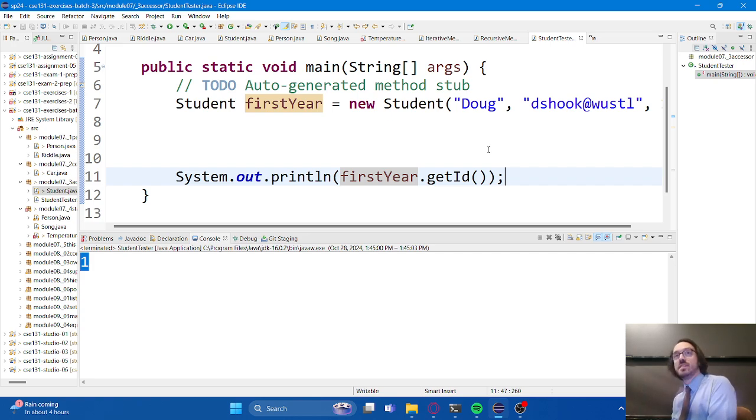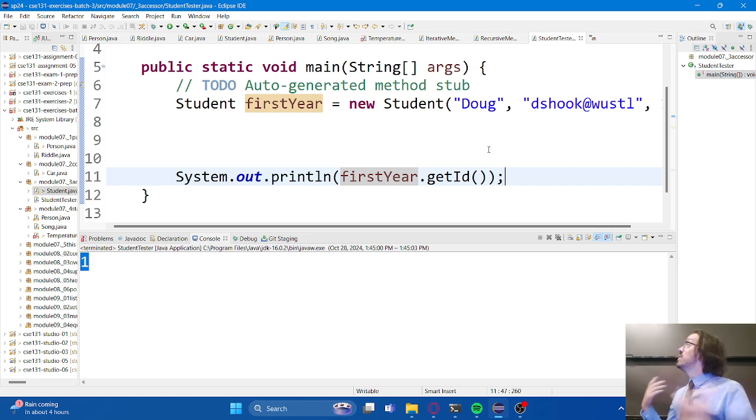Every instance variable is marked private. The way that I typically do this is I don't write any getters and setters at first. I add them when I've determined that I need them. So if I'm working on a program, I have a student object, and I really wish I could print out the student's email address right here, but I don't have a getter for that. Okay, now I have a reason to add one, right?